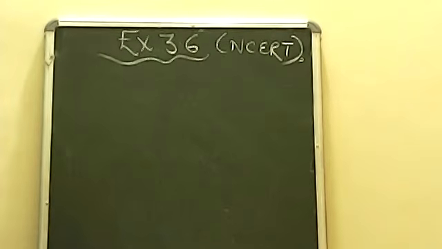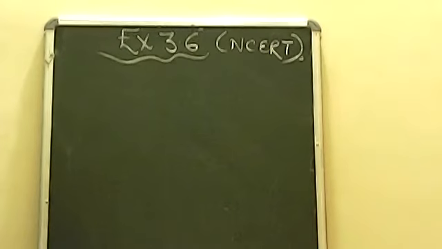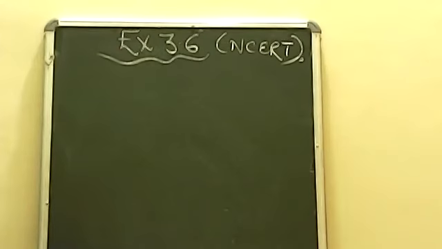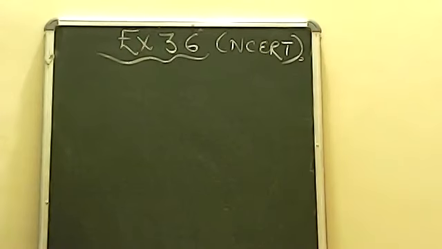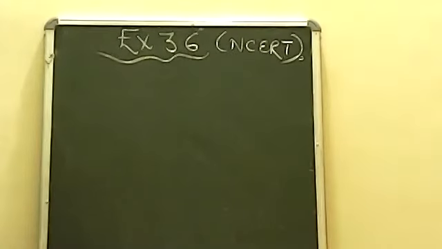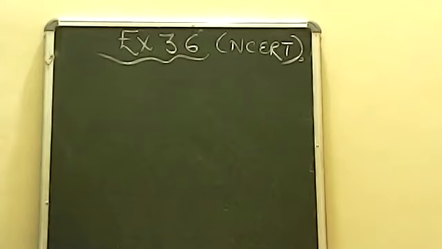Now HCF we can find in many ways. If you remember, one of the methods is already discussed by us, that was writing down the factors. We made a list of the factors, and then we took out the common ones, and after that we found which is the highest common in all, and then we found out HCF. That method is called the listing method, which we have already done before.